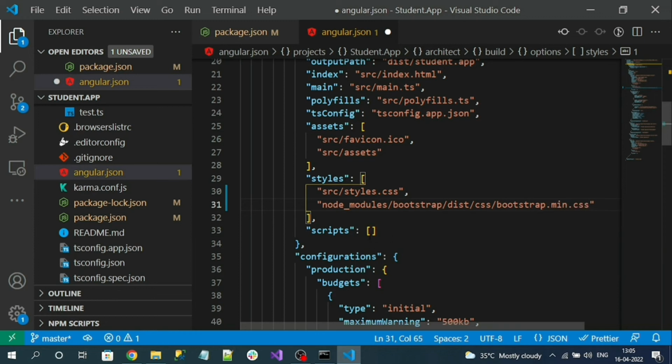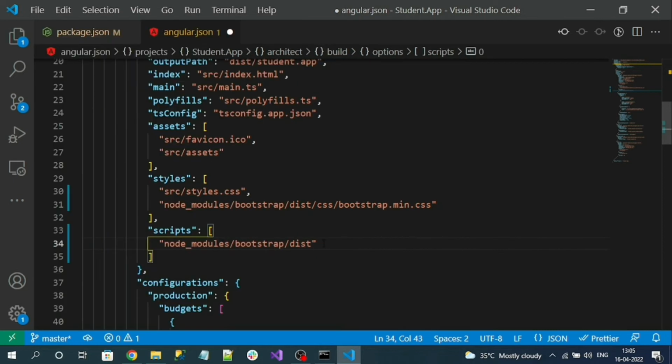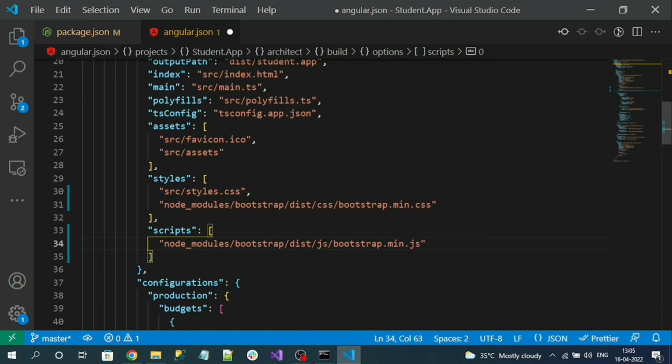Okay, and in the scripts array, let's add our bootstrap JS file. Okay, bootstrap, bootstrap.min.js file. Okay,